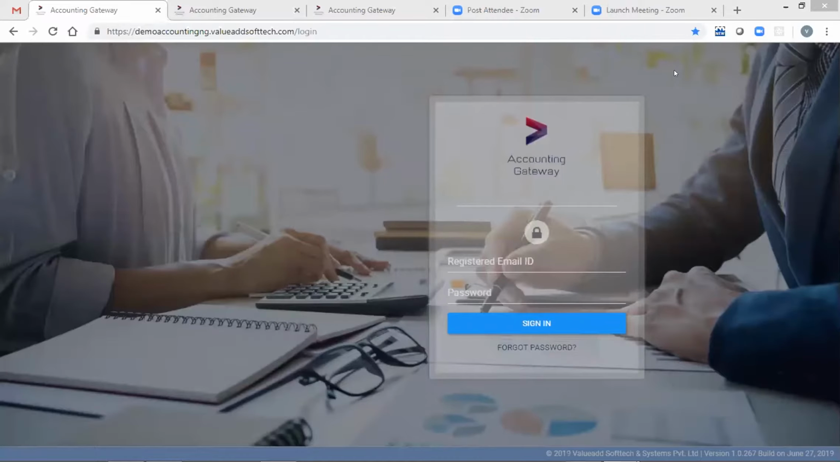Welcome to Accounting Gateway. Accounting Gateway is a stepped-up cloud-based solution for accounting firms. It expedites the accounting process of SMBs through automated bookkeeping, yielding accurate data that can be consumed by accounting software,